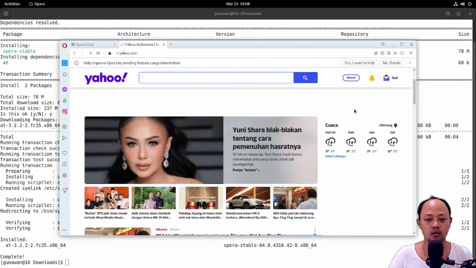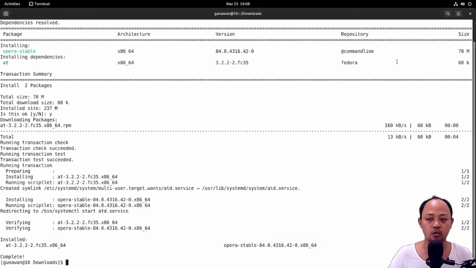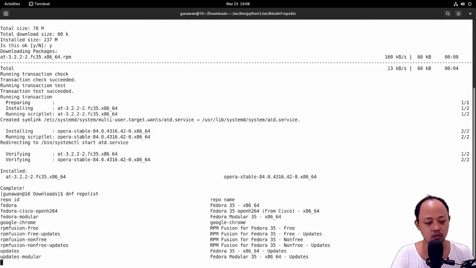Yeah, I think the Opera is running well. I will check the repo list. There's no Opera repo in here.